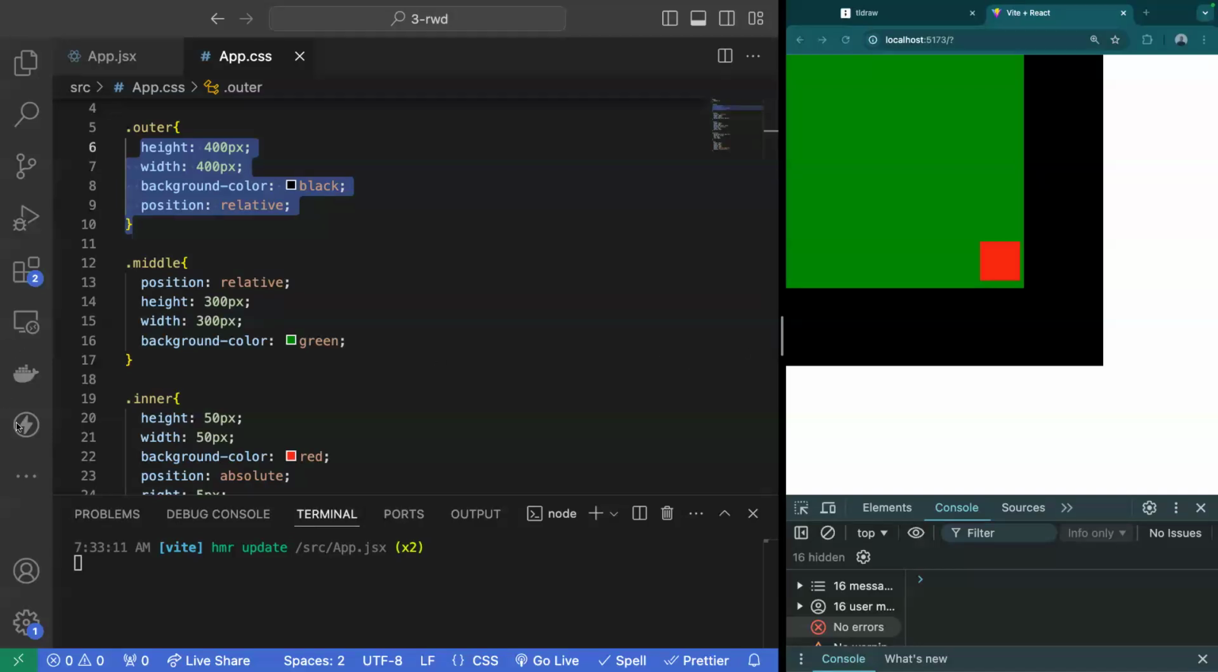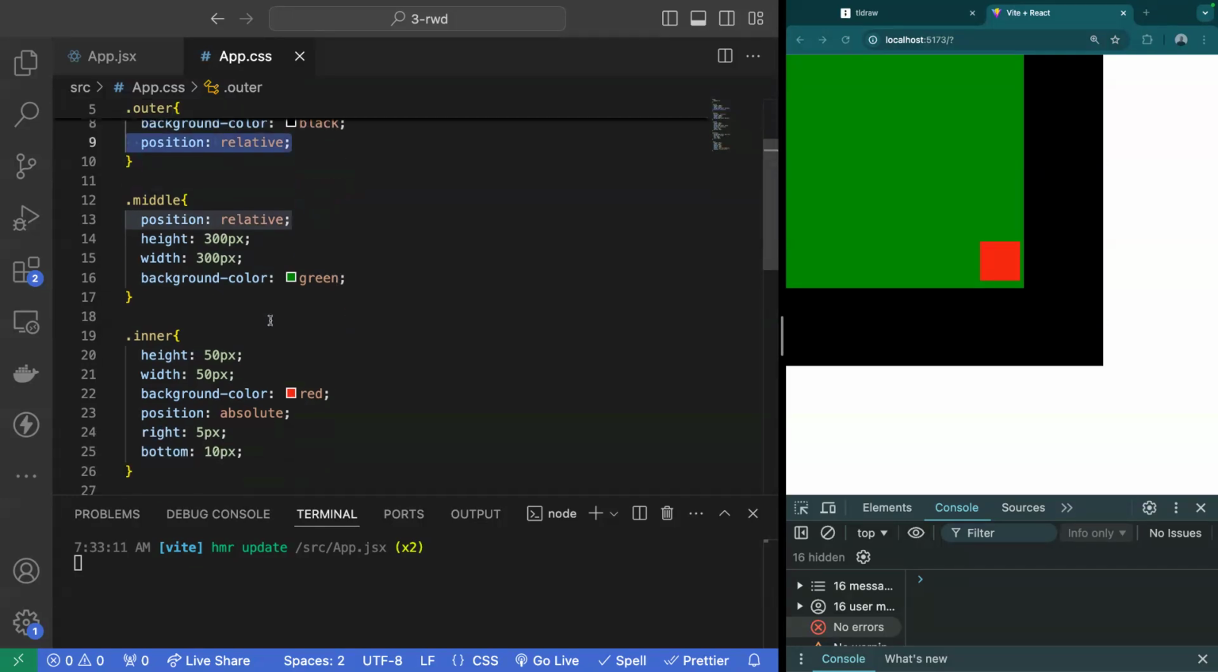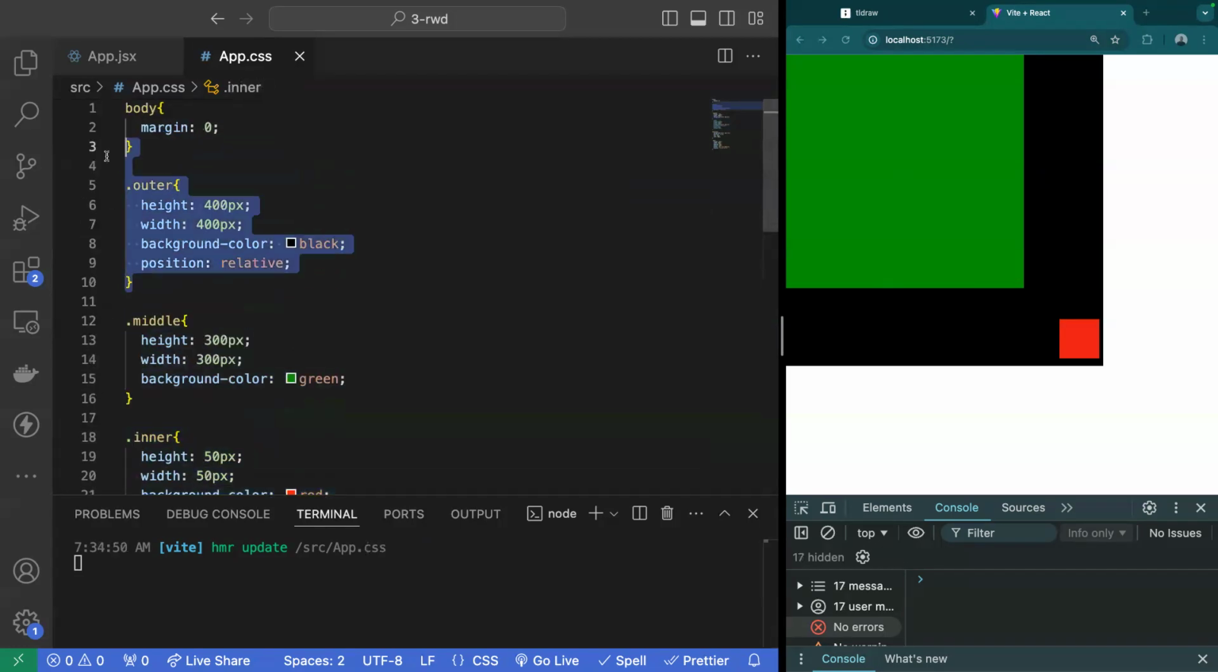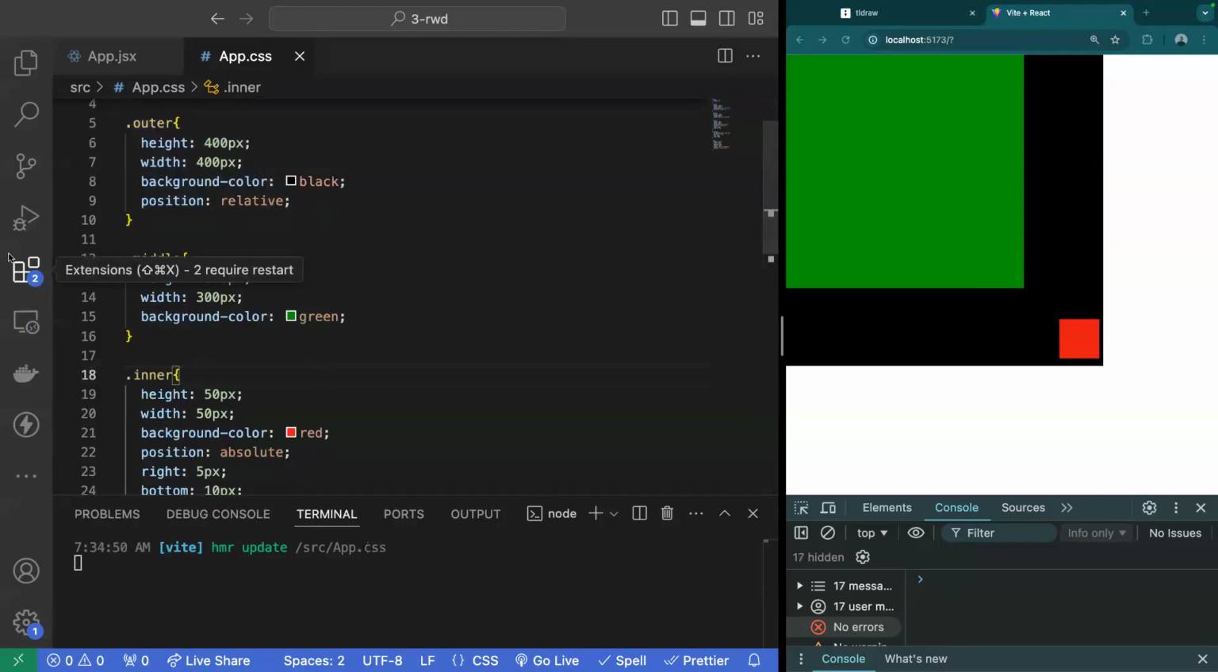Yeah, so it's a little bit of both, right? Because we do definitely want to pay attention to which one of these has position relative. For example, middle, if we remove position relative from it, you'll see that inner applies its styling to outer. So I think that the position relative keyword or this combination of styling is very important because that's what position